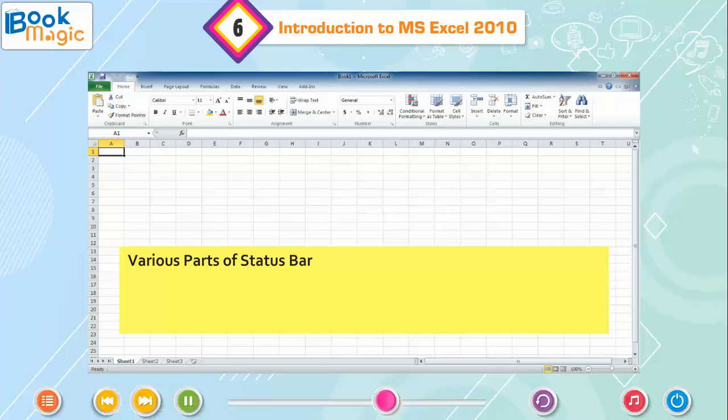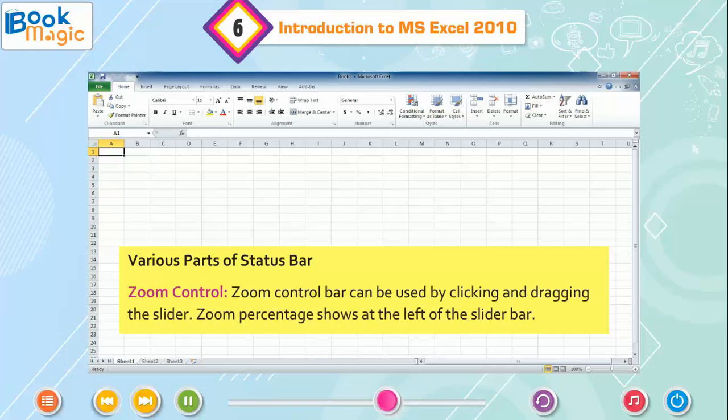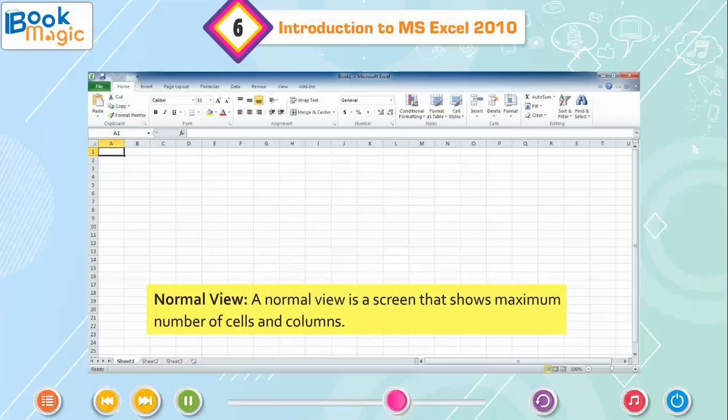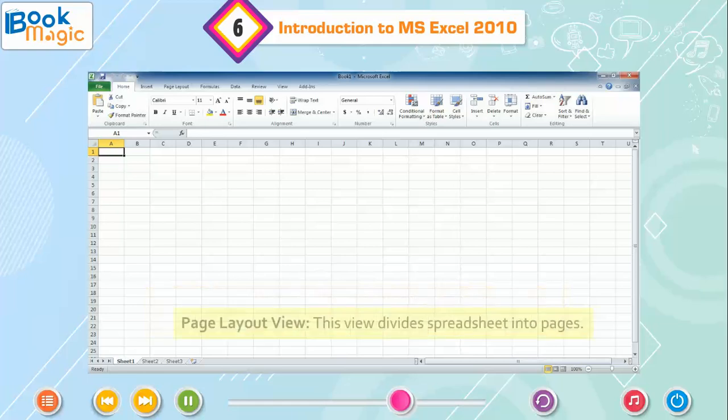Various parts of the status bar. Zoom control. The zoom control bar can be used by clicking and dragging the slider. Zoom percentage shows at the left of the slide bar. Page view. 3 ways to view a spreadsheet are given below. Normal view. A normal view is a screen that shows the maximum number of cells and columns. Page layout view. This view